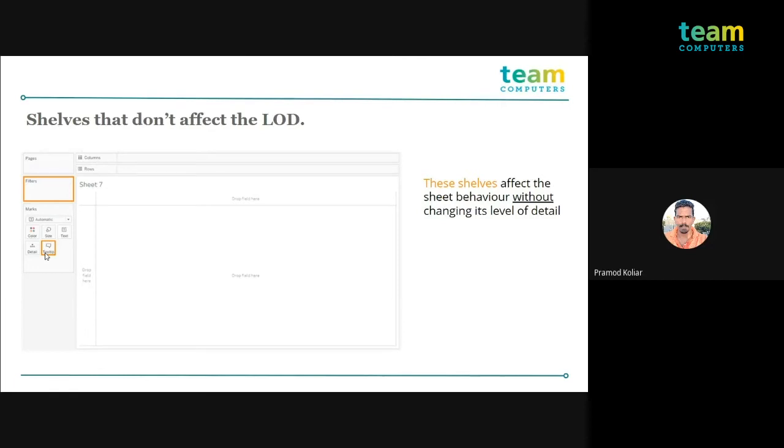A table calculation will be automatically applied on top of that, indicating that it will not bifurcate into some other data. So accordingly, adding any category into the tooltip will not affect your level of detail expression. That was the meaning behind highlighting the tooltip. These are the shelves that will not affect the level of detail expression.